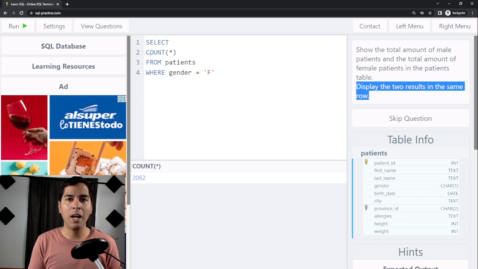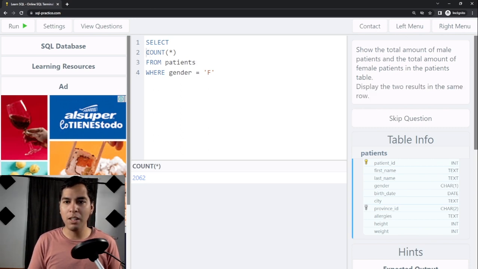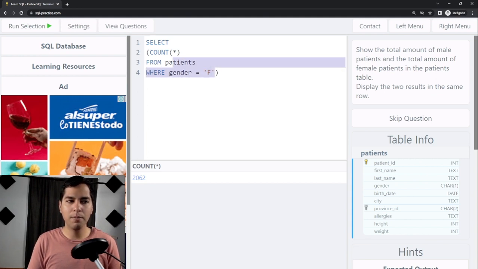To do that, I can do a subquery. So what is a subquery? It's a query inside another query. And to distinguish between a query and a subquery, the subquery is inside parentheses. So I can use this,